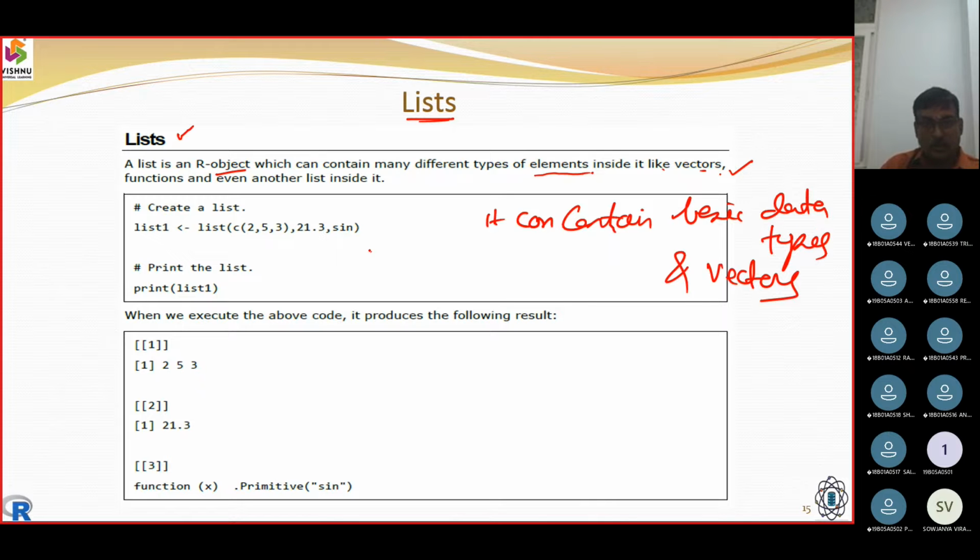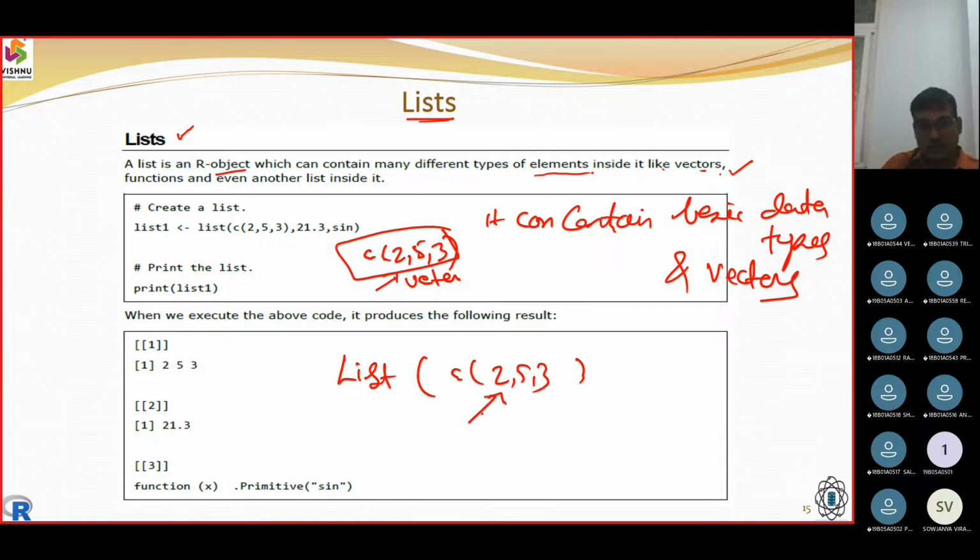Why are we mentioning C of 2, 5, 3 here? This points to a vector. We created a list, and in that list we supplied 2, 5, 3. This entire element we call a vector.